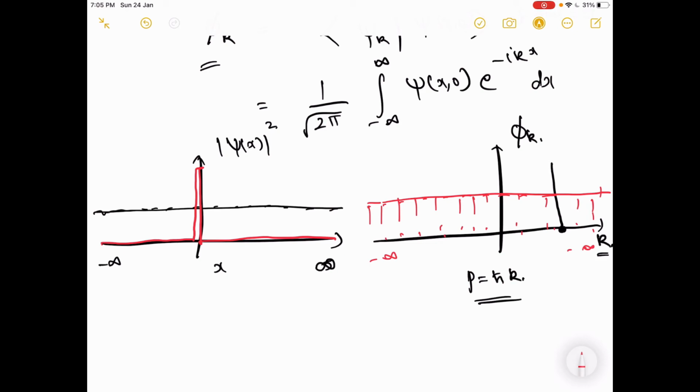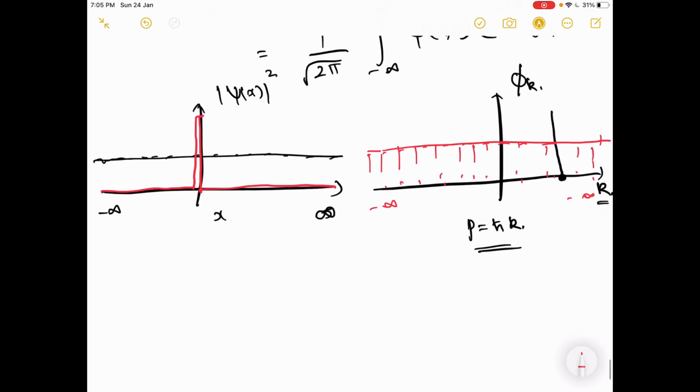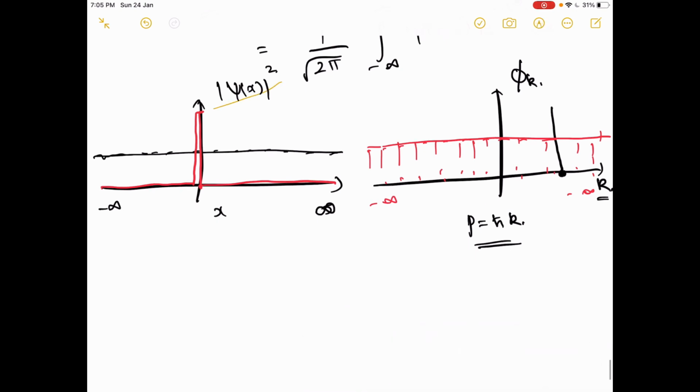So this is the trade-off that we know in the quantum picture, and this is called the Fourier transform relation. It is known classically before, but when you impose a wave-like picture on a particle, the particle also experiences this kind of behavior. If you localize a particle completely at one point, if you know for certain where the particle lies, then its momentum has infinite values. Every time you measure its momentum, it will give you a different value, and its variance will be from minus infinity to plus infinity,